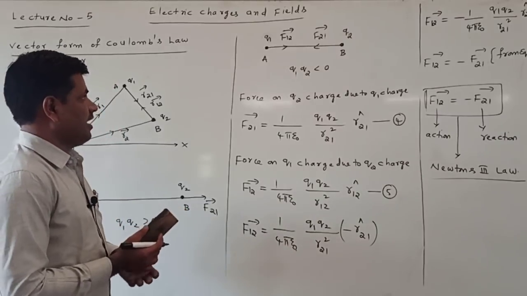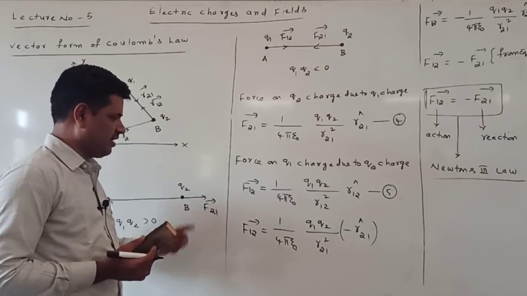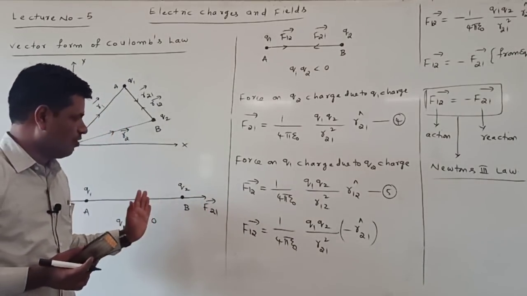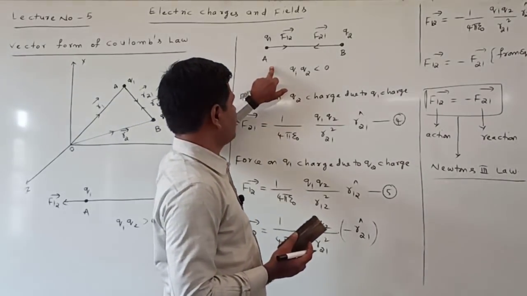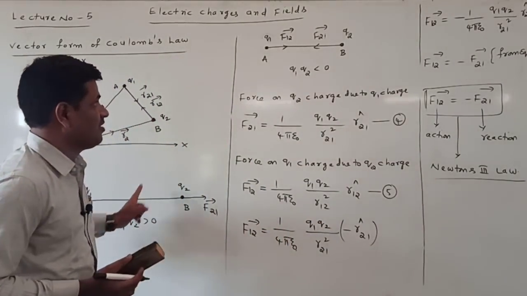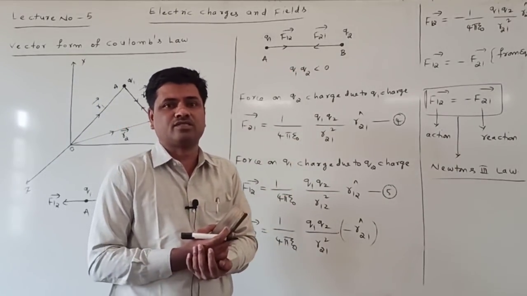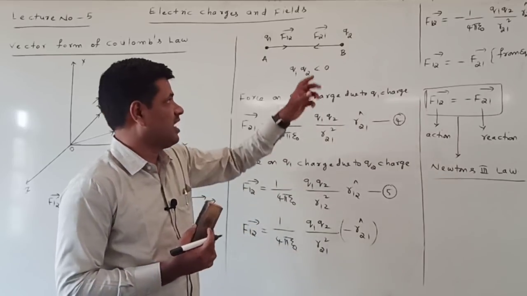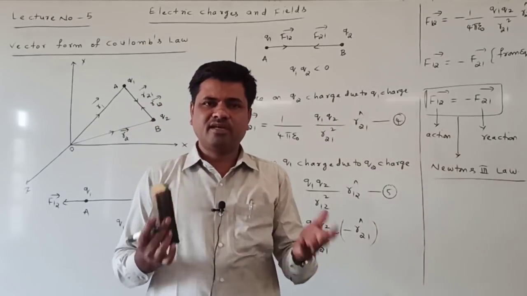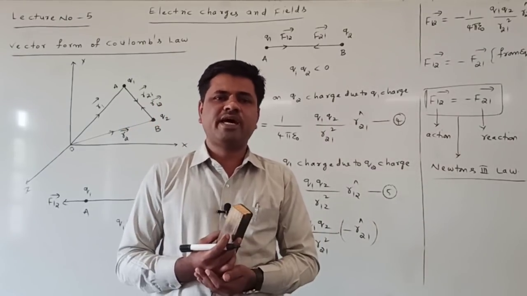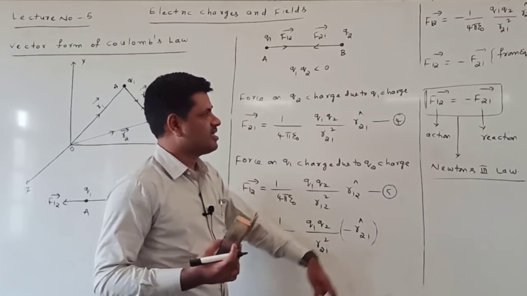Right? Here see there. When taking like charges, they repel each other. Force directions are acting away from the charges. Here we have taken unlike charges, which attract each other. Forces are acting in between the two charges only. Why in between the two charges? Because they attract each other. Unlike charges attract each other. Like charges repel each other. Here when writing the vector forms, we are getting F12 bar is equal